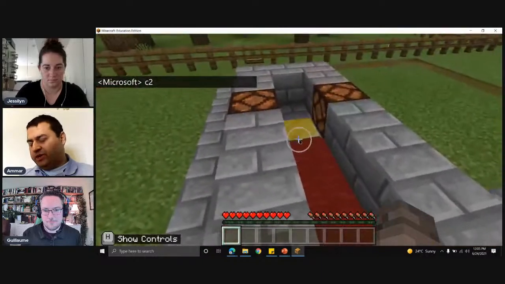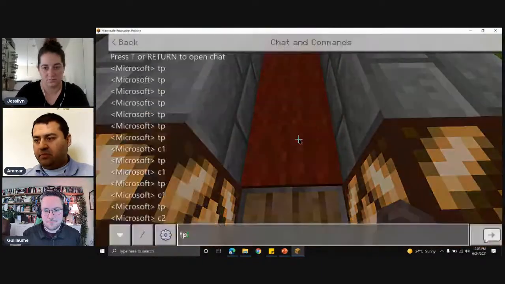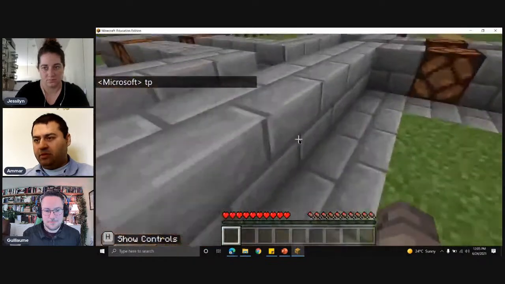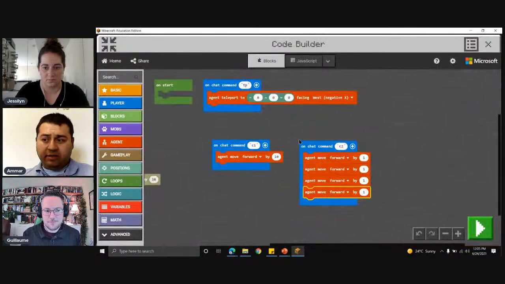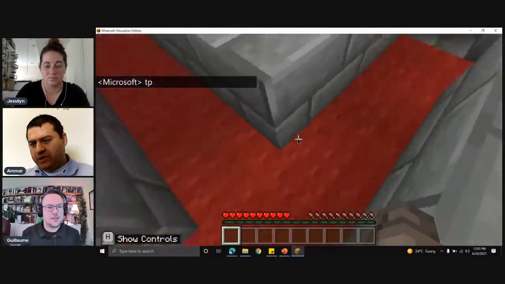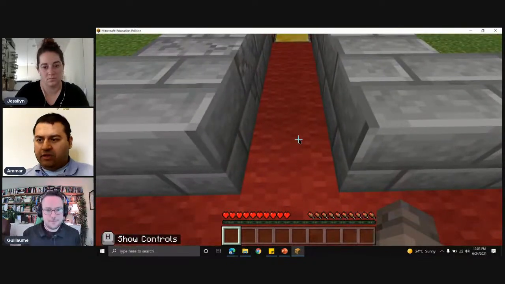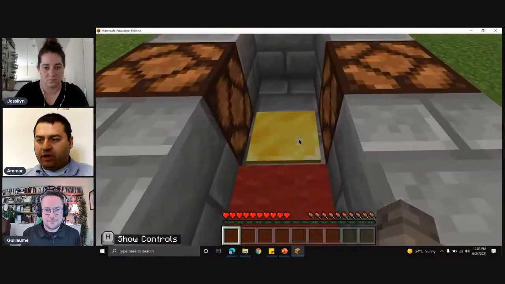Now I want them to turn. So first I'm going to reset it. Now I'm going to open up my code again. And now when they're standing right here, maybe I want them to turn left. And then I want them to go 1, 2, 3, 4, 5.